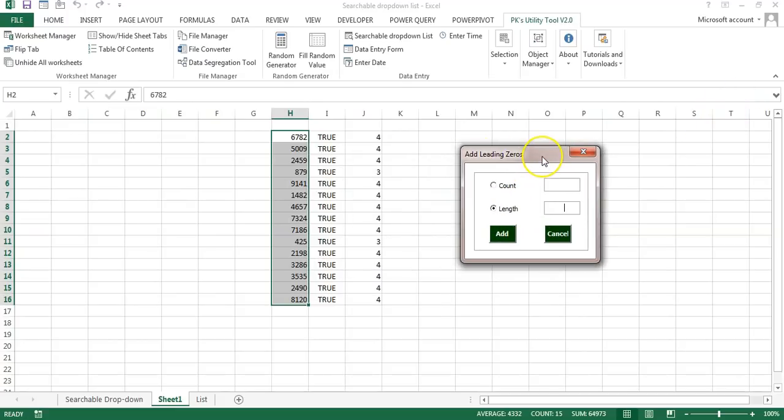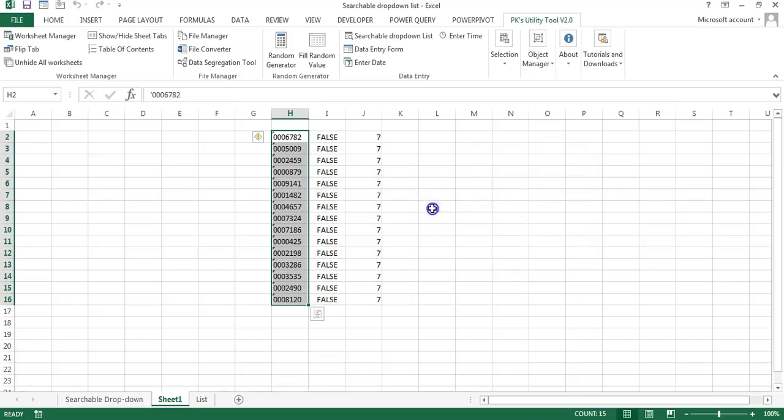We want to make the length 7 this time. Click on add. Then you can see the length is consistently 7. Here it has added 4 zeros, but here it has added 3 zeros. So it will calculate automatically how many zeros should be added, and it will add the zeros accordingly.